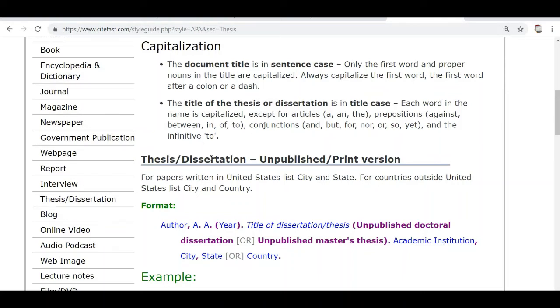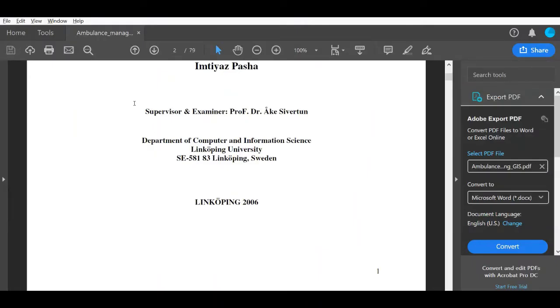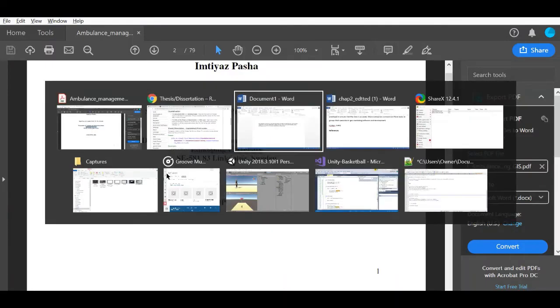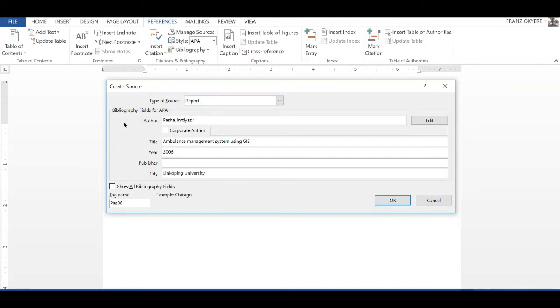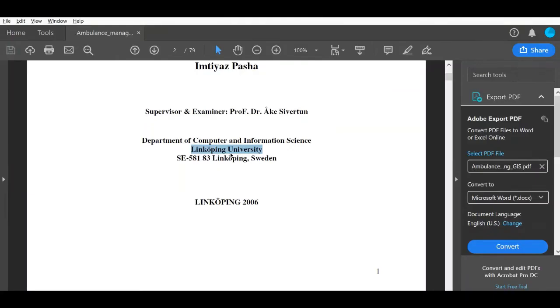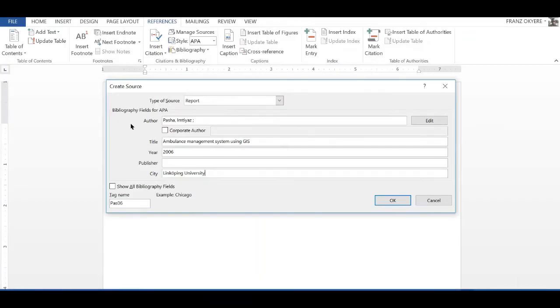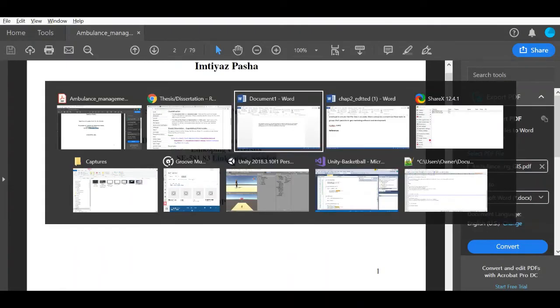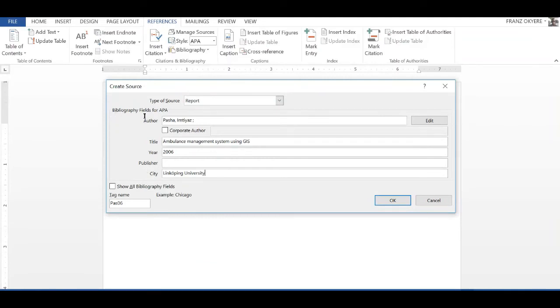So now let's go for the university, the name of the university, which is here academic institution. We combine that with the city, the country, and the city. So let's put that here. So back here again, Sweden. So name of academic institution, city and country. Okay, we are putting all that together. Academic institution, city and country. I think we have all that here.